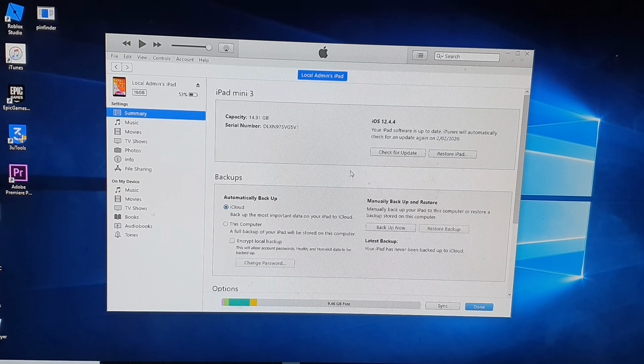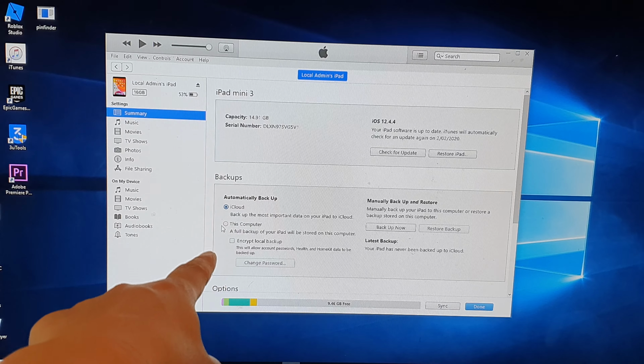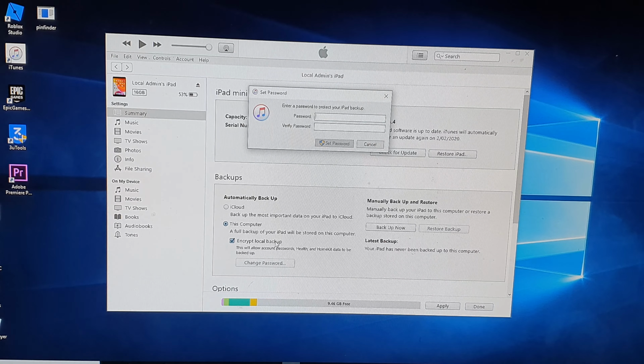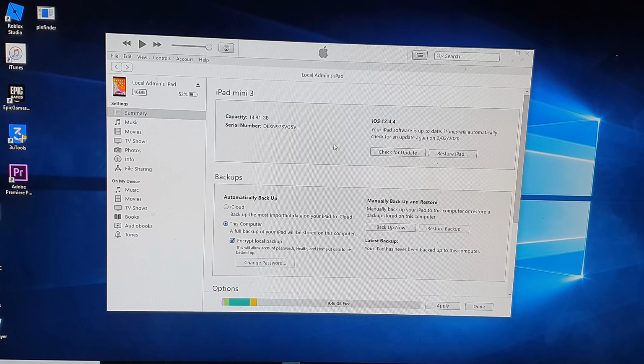Okay, next we're going to want to back up this iPad. So click on automatically backup. So I'm going to click on backup to this computer, and then choose encrypt local backup. And then we want to put in the password. You can set any password. I'm going to choose 1, 2, 3, 4, and then verify password is 1, 2, 3, 4. Then click on set password, and then